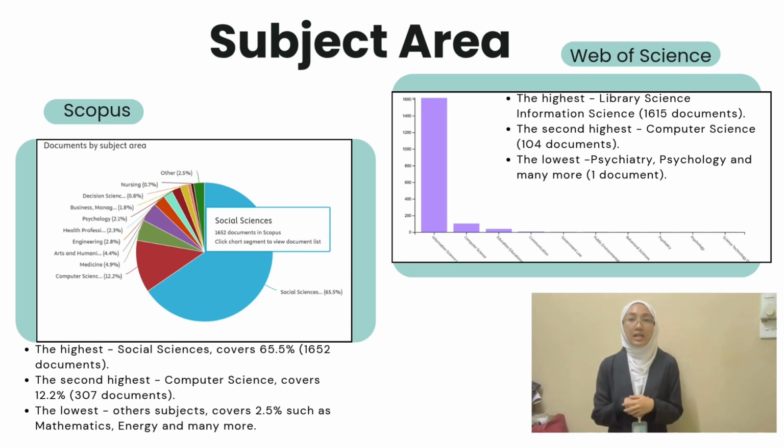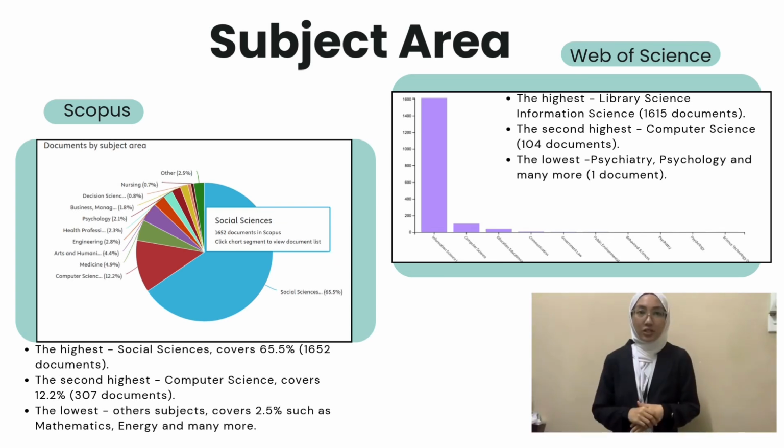However, the least subject area is others, which includes the subject areas of mathematics, energy, and others, and covers only 2.5% of the pie chart. Based on the result shown by Web of Science, we can see that Library Science, Information